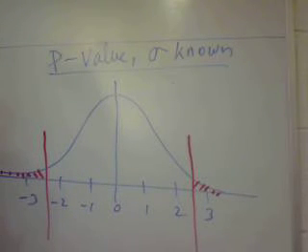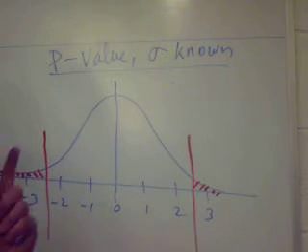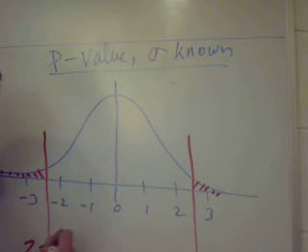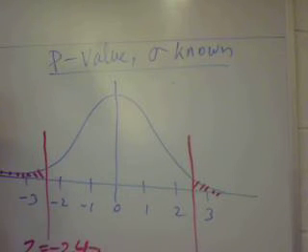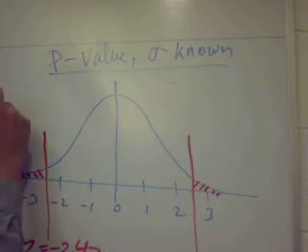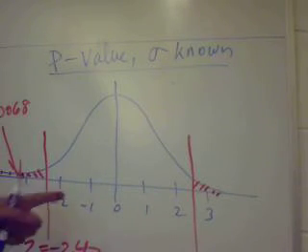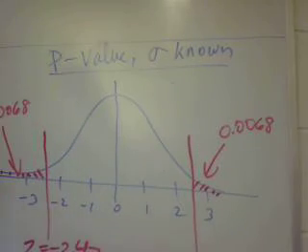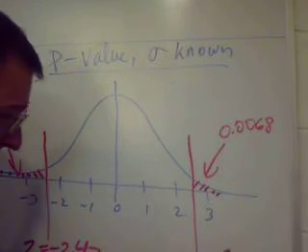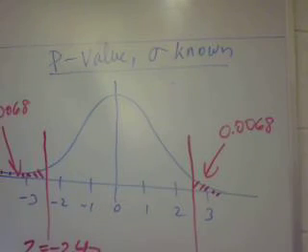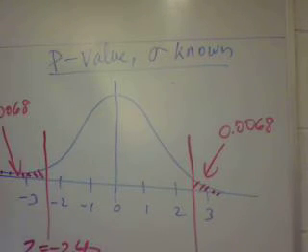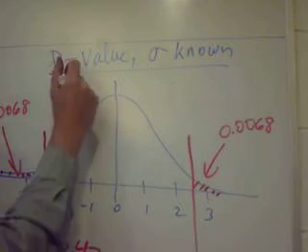Now the p-value is the area of the tails. There's two tails in this case, so we add up the areas of the tails. If you go to table 2, you'll find the area to the left of negative 2.47 is 0.0068. And the area of the right tail is always the same as the area of the left tail. So this right tail begins at positive 2.47. So P is going to be 0.0068 plus 0.0068, which, if you add them up, P is